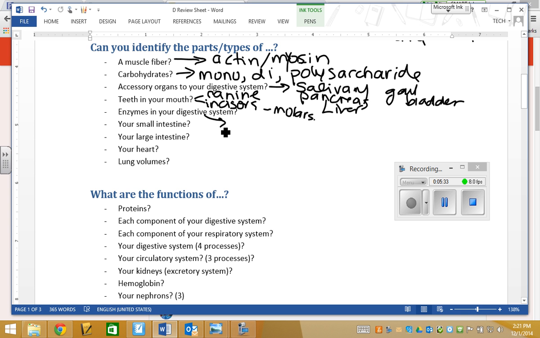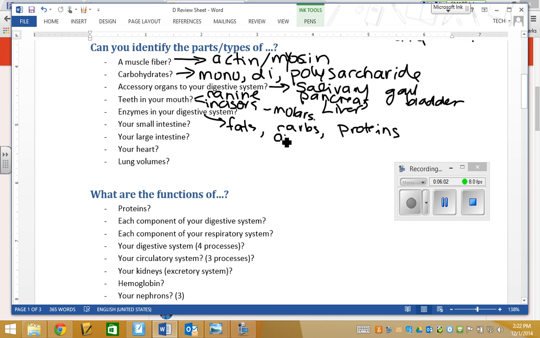Can I identify enzymes? And I want you to remember there's basically three major categories of enzymes. There's enzymes for fats, enzymes for carbs, and enzymes for proteins. And when we talked about enzymes, I told you to try to categorize them this way. So for example, if I was talking about a carbohydrate,